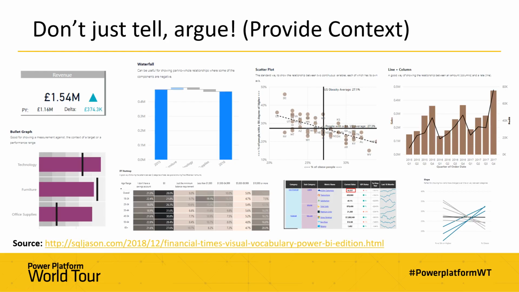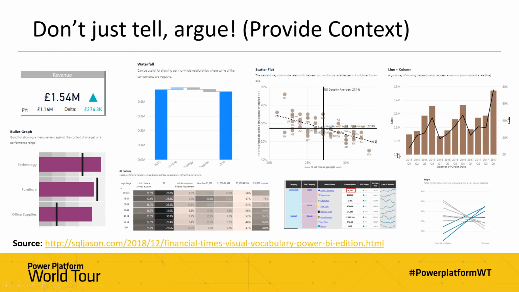And you've also then got scatter plots, and scatter plots automatically provide context because it shows two measures, one against the other, and therefore one measure is automatically the context for the other. We've got heat maps and KPI tables, and these are like tables, but they have color, for example, to be able to provide that context, so shading, and also potentially spark lines and KPIs within there as well to be able to, again, just show the data in a tabular format, which is absolutely fine, but bring some of that